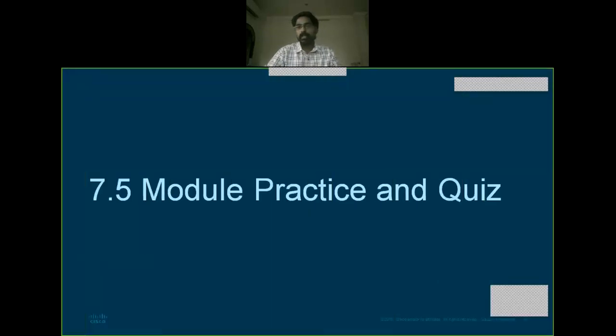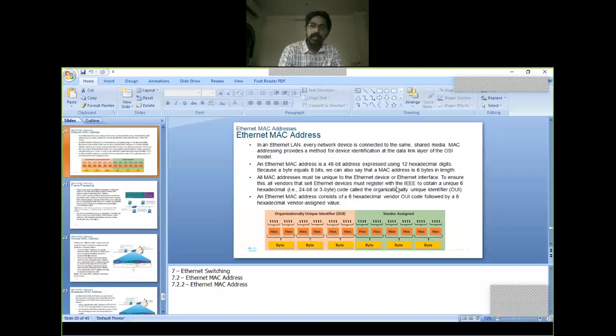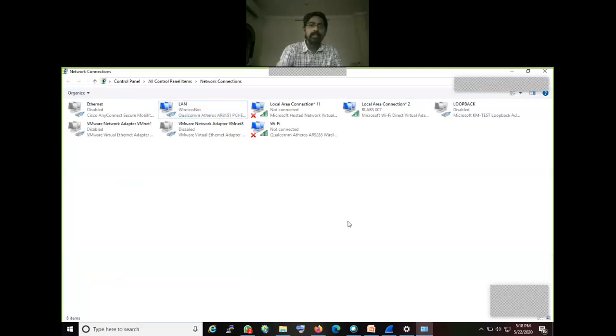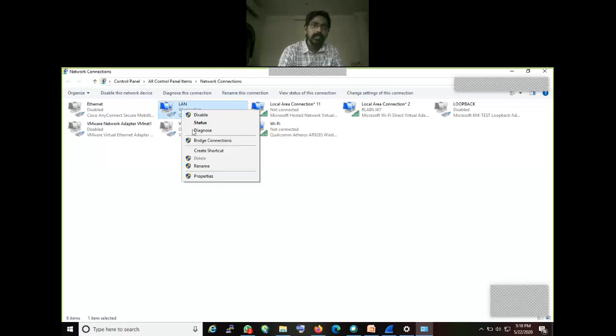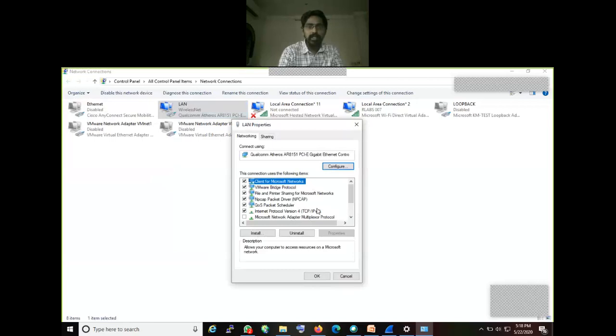Next. So that's it. This module is ended, and I'll show you practically how those configurations can be checked in our network. This is the last one. This is not mentioned in the Cisco material, but I am showing it to you out of my interest. So open your network connections, click on your system, right click on that one, open the properties. While opening the properties, you have all these options.